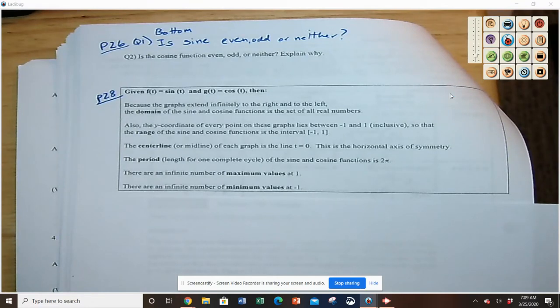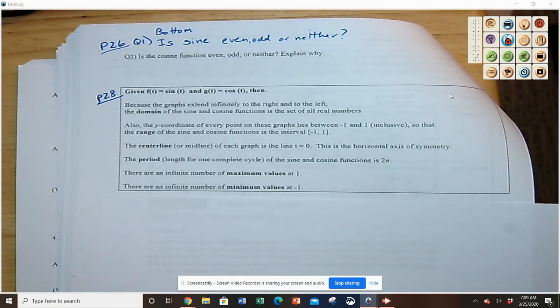Ready? So at this point, you should have read pages 25 through 29 of your geometry packet, and we are going to be working our way through understanding what those graphs look like of just the sine, cosine. That's just a little bit of an extension at this point. So there was a question on the bottom of page 26, and it says, is the sine function even, odd,